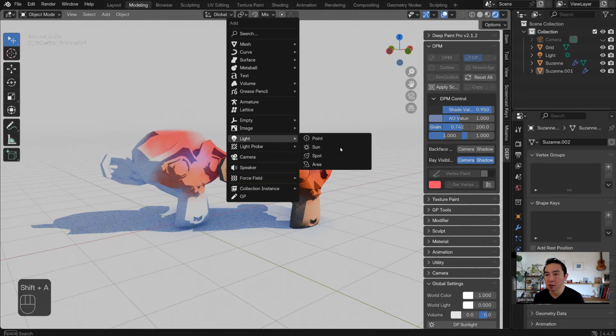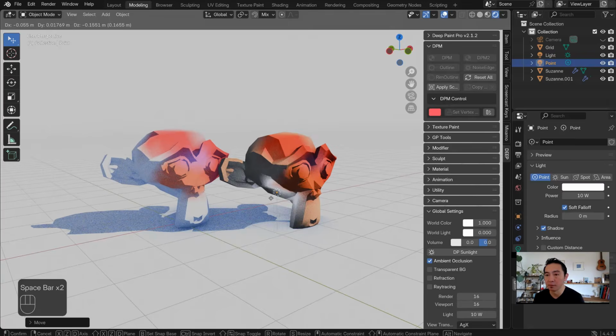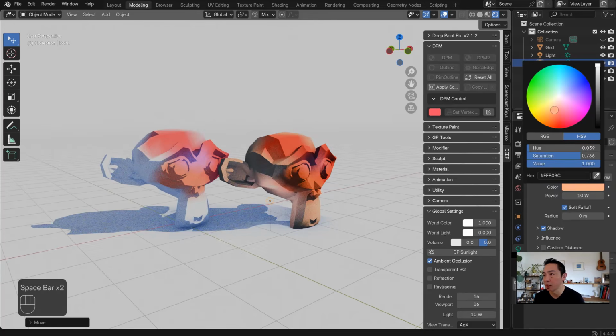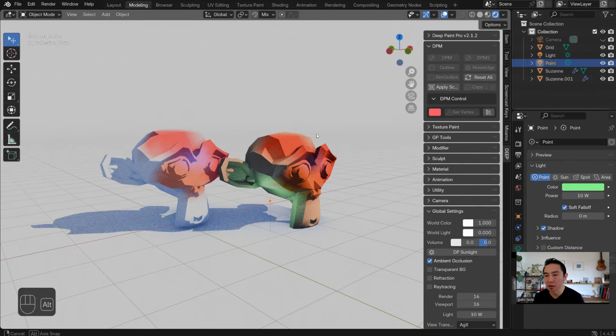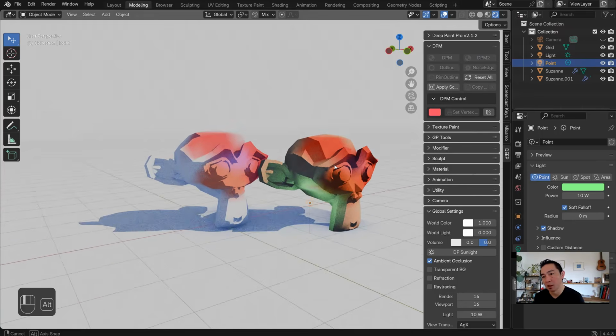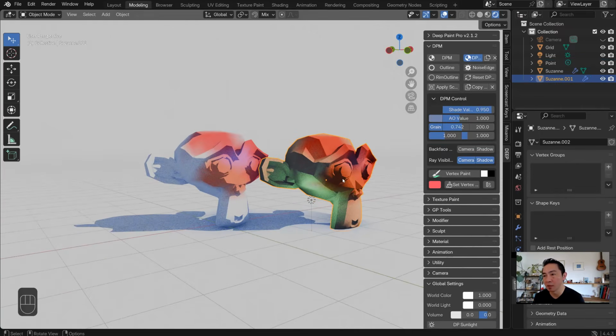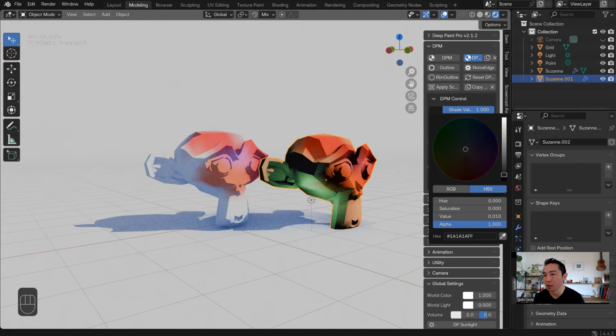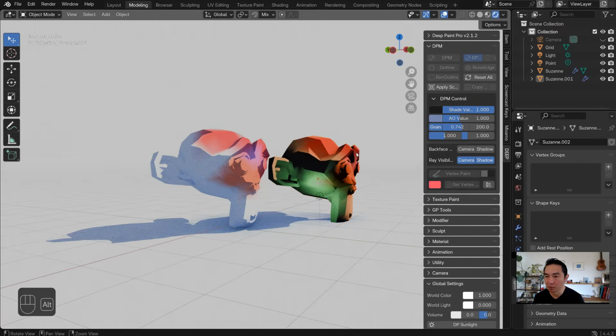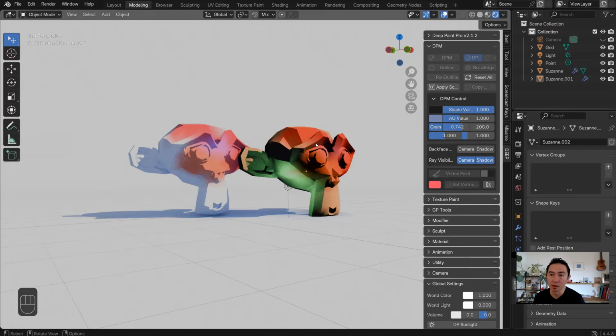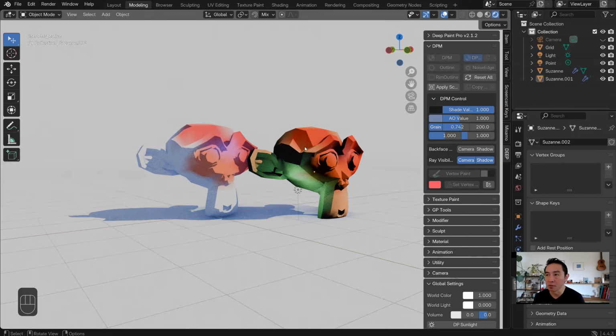If you have a point light, you can put some color, and that's going to affect the object. So this one maybe works better for a night scene. You can make it a really dark shade and make it more of a night look. So there's an option for a different look using DPM2.